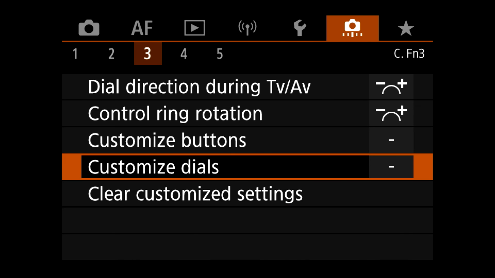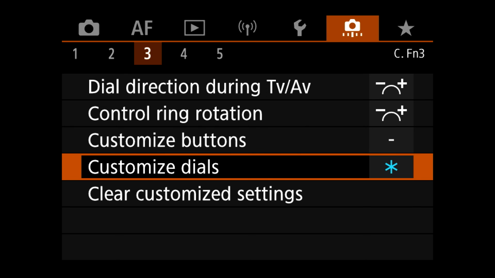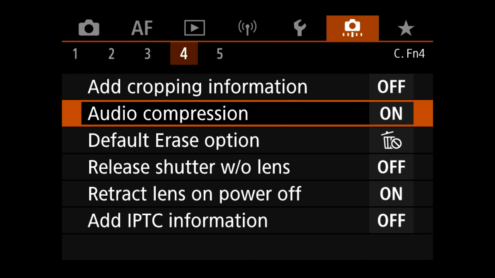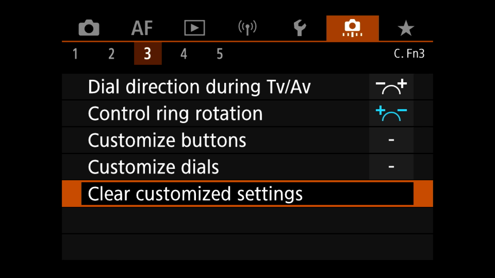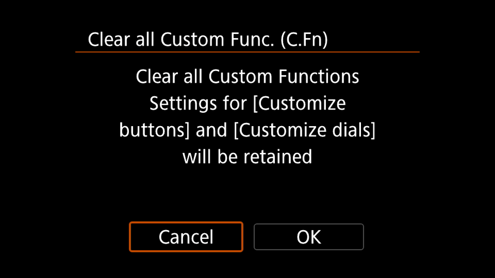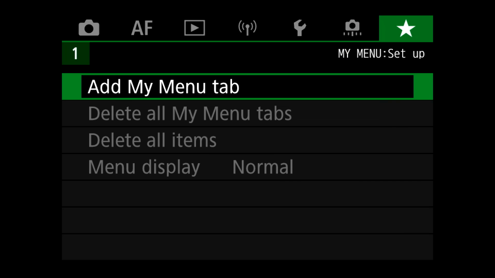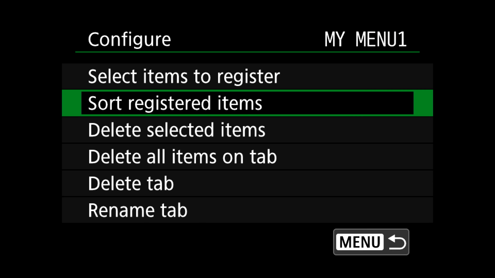So an easy way to tell if one of these has been set is if, when you are looking at them, it is highlighted in blue as opposed to in white. And you know that you will need to go in and clear them out. You'll see how that didn't clear the control ring. You go into here, it has. There you go. The last tab on a Canon camera is their custom tab, where you can add whatever it